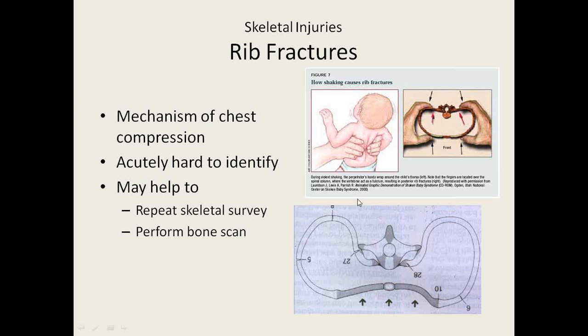This is a good view down here of what happens when that chest is compressed. When that perpetrator whose hands are wrapped around here squeezes during a shaking event, the ribs are bent right over that spinous process, and that is typically where we see the fractures. Now sometimes we see them out there on the side or in the back, but those